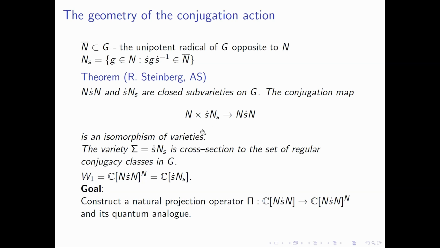So that the conjugation action gives you in fact an isomorphism of varieties. So this product of two varieties, S times n. Well, this theorem originally appeared in Steinberg's paper, a quite old paper from 1965 on regular conjugacy classes in algebraic groups. This is because this cross-section S is in fact a global cross-section to the set of regular conjugacy